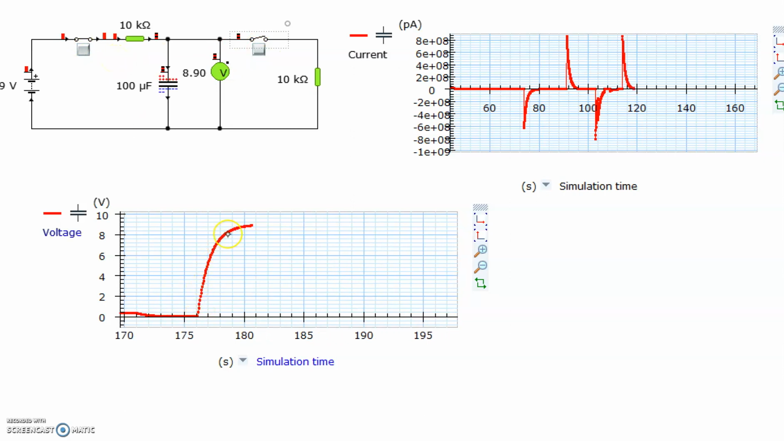So the exponential charge rate there, the voltage, and you can see the current goes from maximum to 0, whereas the voltage goes from 0 to maximum. That is where the phase shift comes from. Okay,